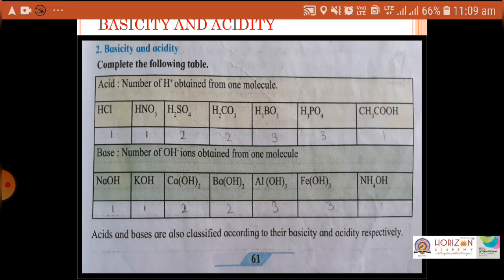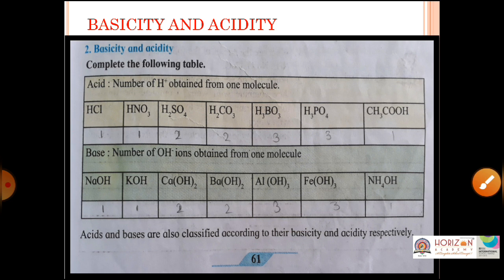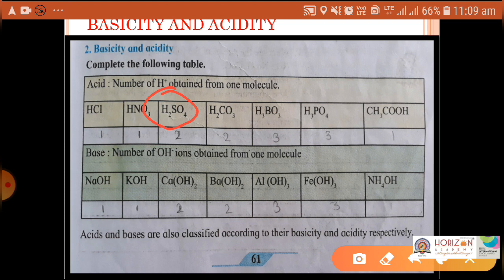You can see in the chart that various acids have various numbers of hydrogen ions. As you can see, in HCl only one hydrogen ion is there. HCl means one hydrogen, one Cl. Here you can see H2SO4. Here there are two hydrogens, because in the molecular formula itself H2SO4 means two hydrogens are there. Here three hydrogens are there. In this way, different acids have different capacity to donate their hydrogen ions. That's why basicity of acids is introduced.